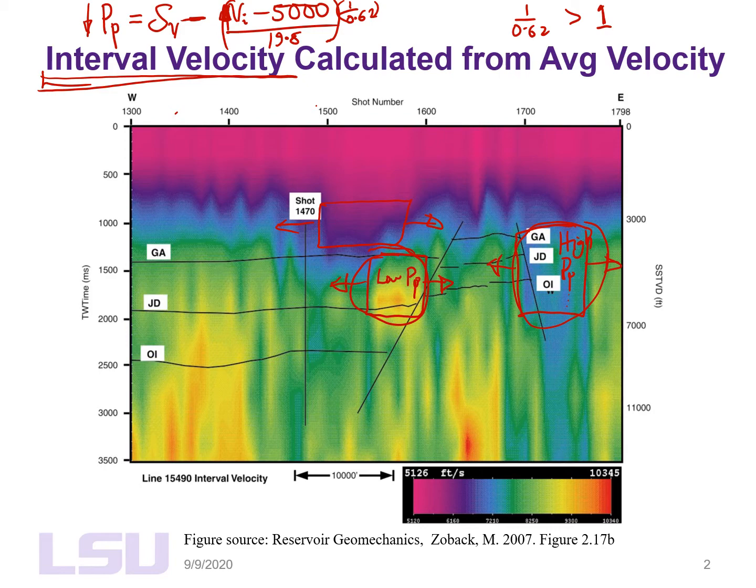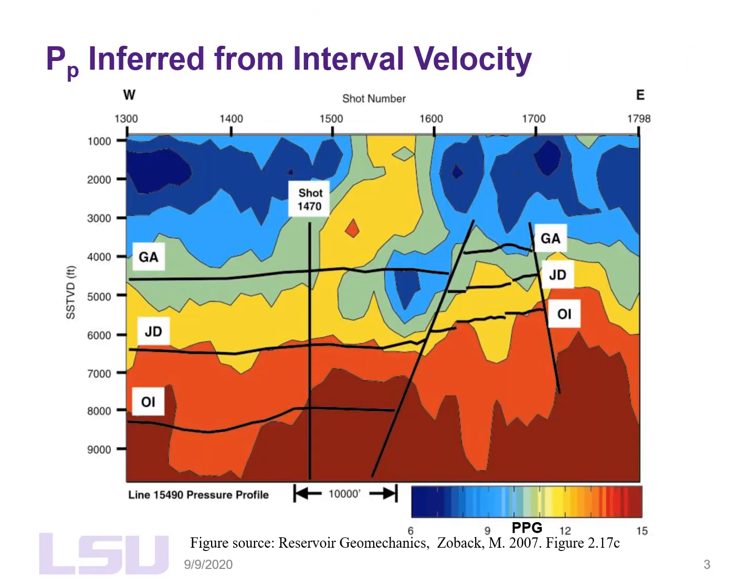So let's move on and see what we have. High pore pressure, higher than surrounding. And here, lower pore pressure, lower than surrounding formation at the same depth. So this makes sense. Another interesting point to note is, why do we report the pore pressure in pounds per